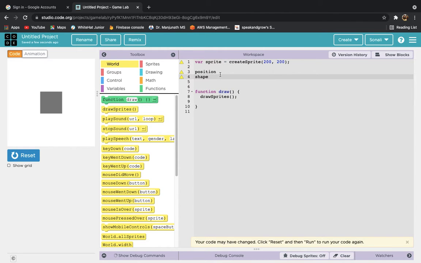Now, to simplify position again, it consists of two things, one is the x-axis and another one is the y-axis.